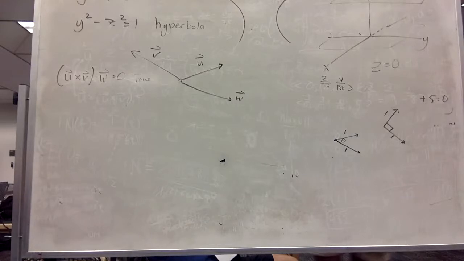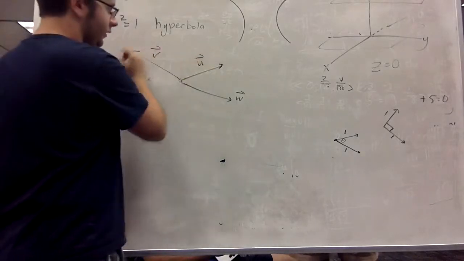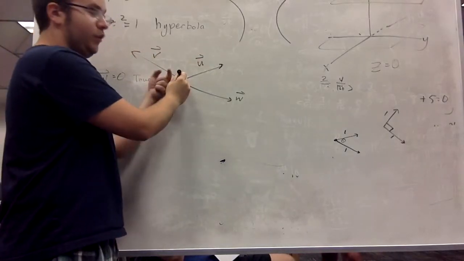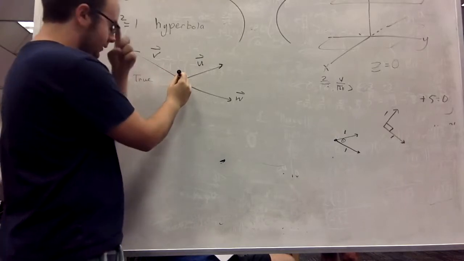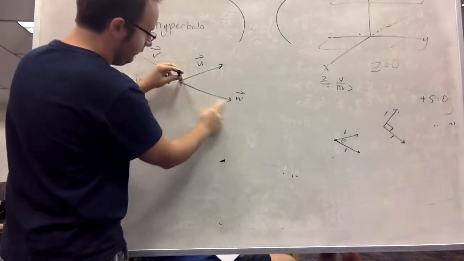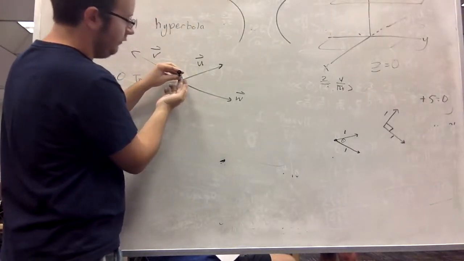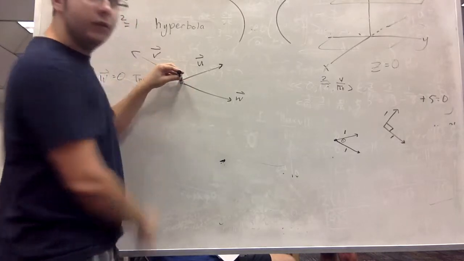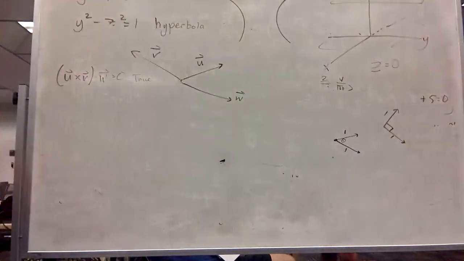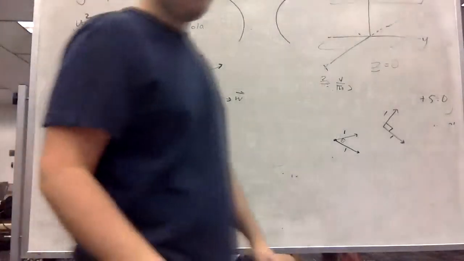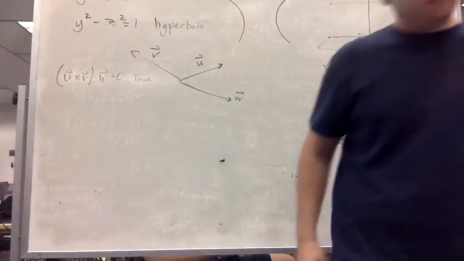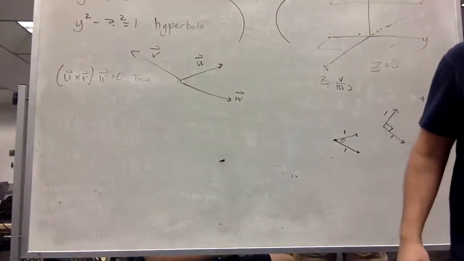So I'll run it back one more time. u and v are here. Their cross product is the vector that points out of the board, right? Now if you look closely, you can see that here's w, here's the cross product of u and v. There's a 90-degree angle here. So their dot product is 0 because they're perpendicular to each other. Good? Alright, next one. There exist vectors u and v such that the magnitude of u equals 4, the magnitude of v